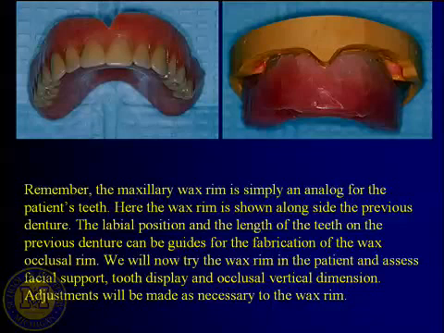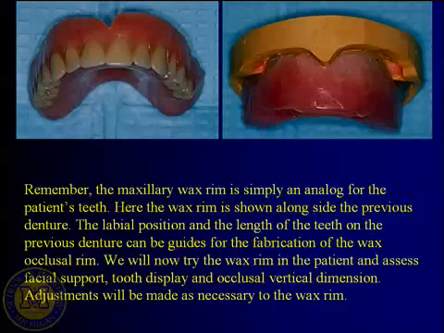You were told generally that the width of the wax rim was about 8 to 10 millimeters wide in the posterior area and 4 to 6 millimeters wide in the anterior area. So you'd have these wax occlusal rims shaped, and then you bring the wax occlusal rims to the mouth and then make any adjustments to the wax occlusal rims in the mouth until you take this wax and with a Bunsen burner and that big paint scraper looking device that's got the big handle on it and the big broad blade, you heat that up in your flame and then do any adjusting or melting to this wax